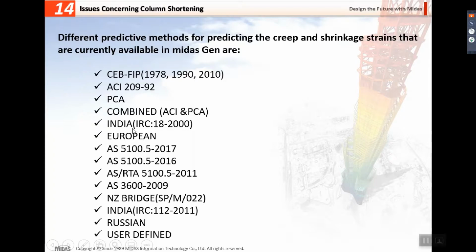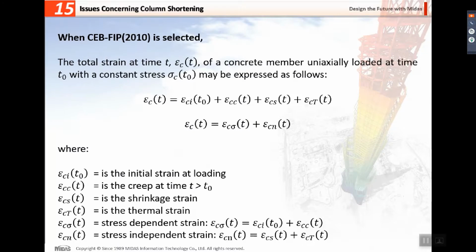In this webinar, we will be using the CEB-FIP. When CEB-FIP is selected, this is how the software calculates the strain, or the creep and shrinkage,